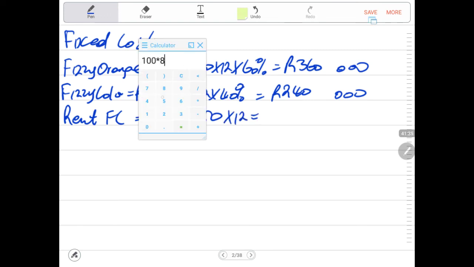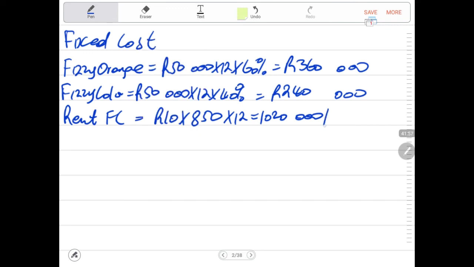This gives us 1,020,000 rands. If we divide this by 2, that will give us